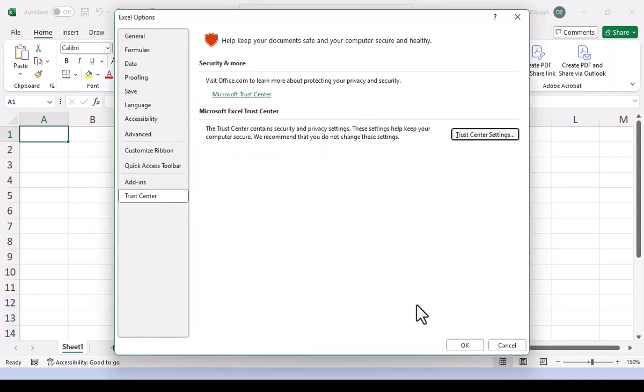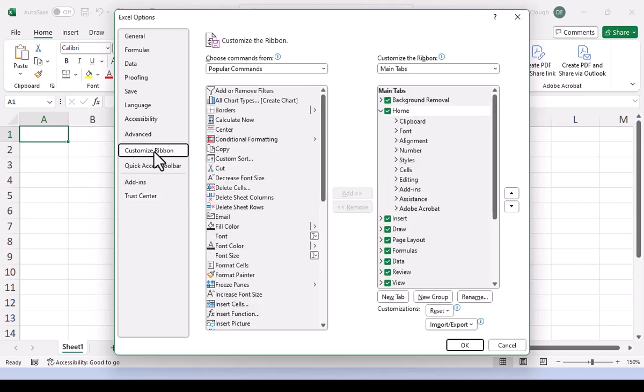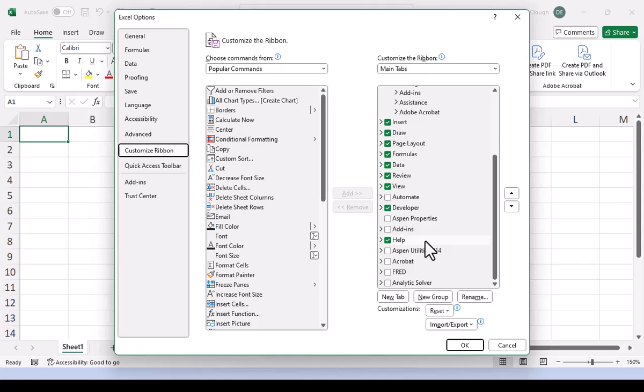All right. And then moving on, we want to come to Customize Ribbon and make sure over here that we have the Developer tab selected. Select that if you haven't done that. And then we want to come back and